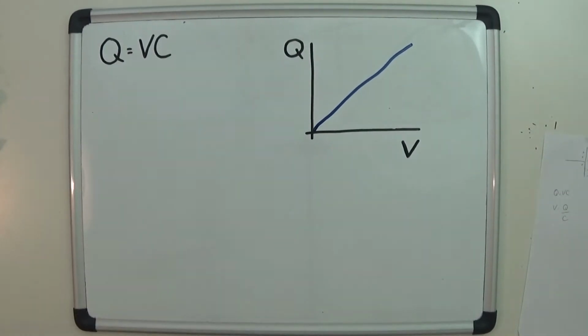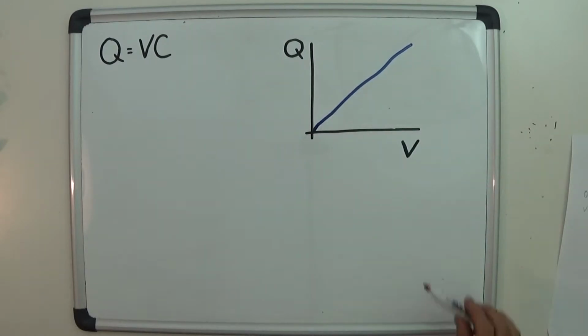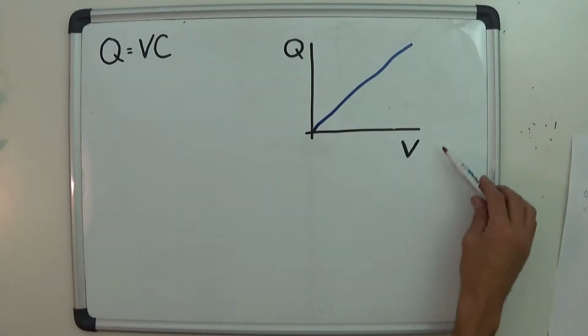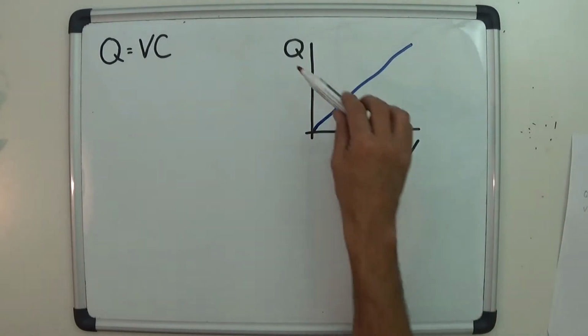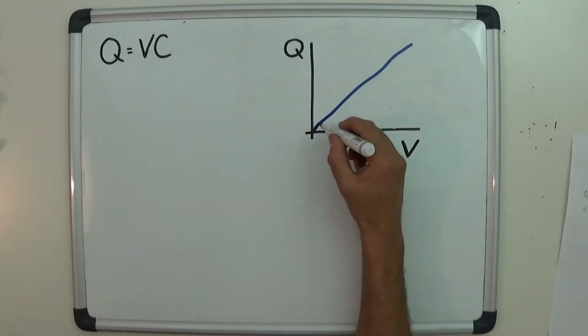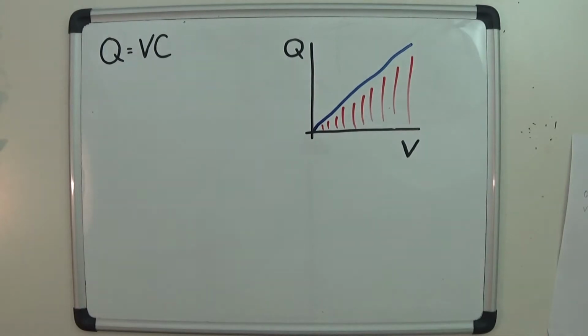So as we've just seen, a capacitor is not just a store of charge, but also a store of energy, because we can keep this LED glowing for some time after it's connected to it. Now, as you probably understand from GCSE, potential difference, voltage, is work done per unit charge, and therefore potential difference times charge is energy. So really, very simply, the area under a graph of Q and V is the work done,